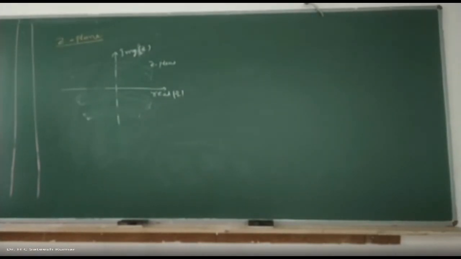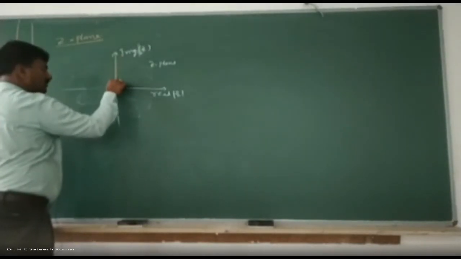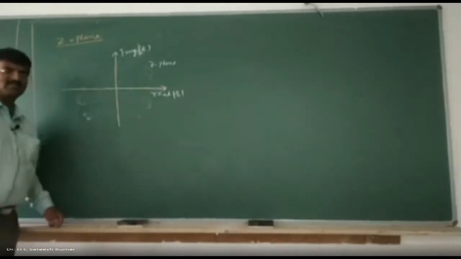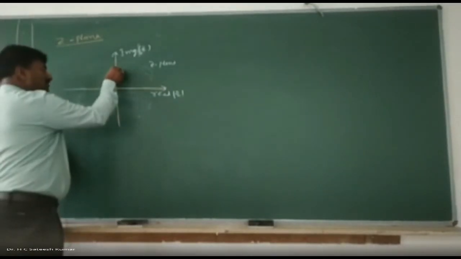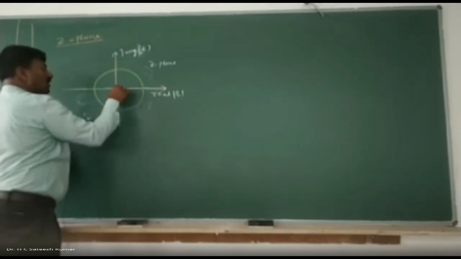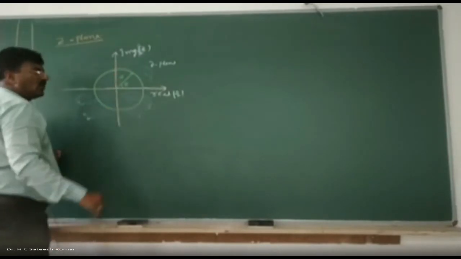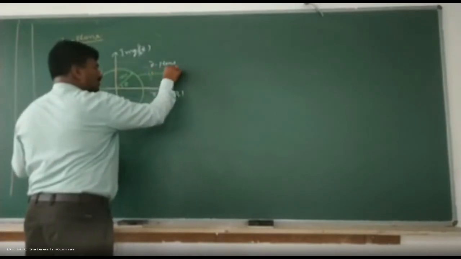Okay, we can easily draw a circle. Because we know that Z transformation is a complex quantity, when it is a complex quantity, we have real part as well as imaginary part. So the real part versus imaginary part graph is what is known as Z plane. In the Z plane, we can draw a circle with radius equal to unity, and this is your radius r, and this is your angle theta. If r is equal to 1, we call it the unit circle.